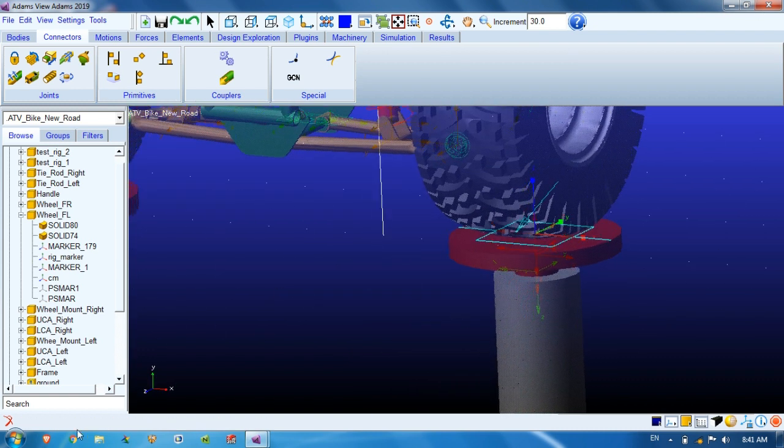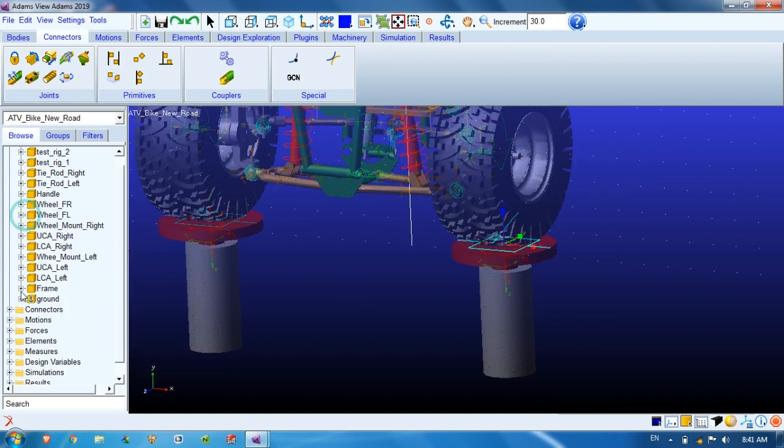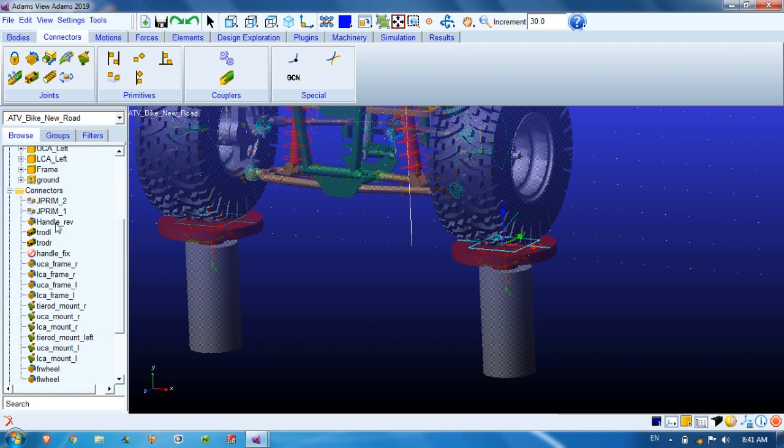If you don't understand, it will prompt the direction, or it will prompt the command for the next step. So you can see in the next step also what the next step will be for defining this kind of joint on the bottom side. These joints we have created will appear in the connector section.